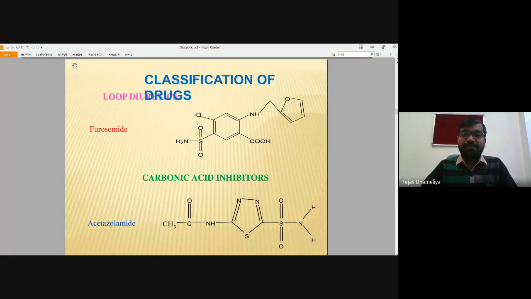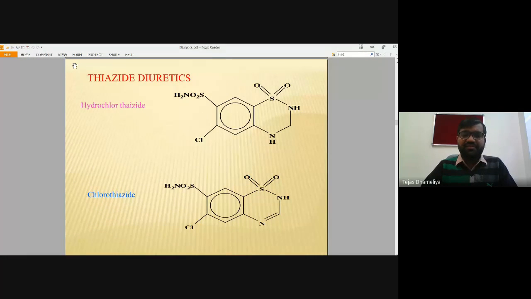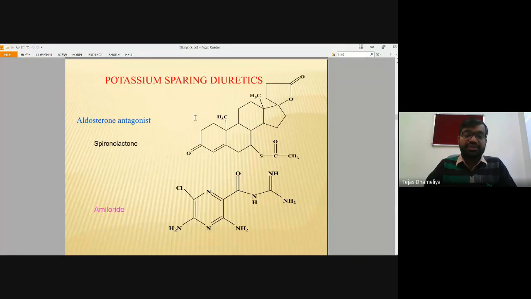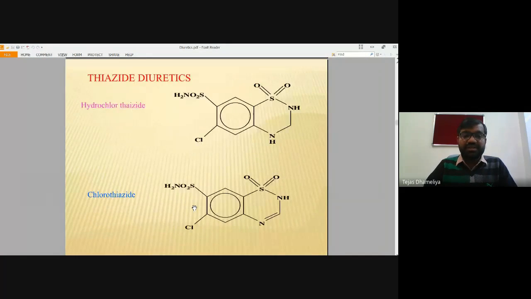Okay, and in the majority of cases, it is always ortho to sulfonamide. Look at furosemide. Chlorine is ortho to sulfonamide. So at the second position, whatever the substitution is, whether it is a saturated or unsaturated aromatic ring or likewise, that is always there. Here also, look at this one. At the second position, ortho to sulfonamide, chlorine should be present. So hydrochlorothiazide and chlorothiazide, these are the drugs which are known